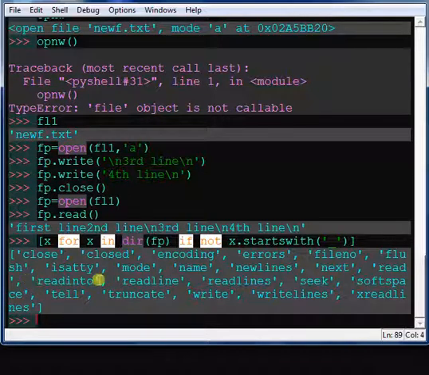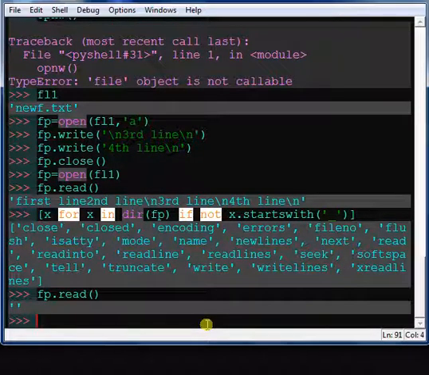This read function is going to read the whole file at a time altogether. So if you want to read these lines in a nice list format, you need to,